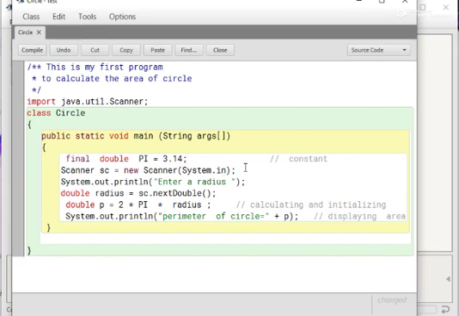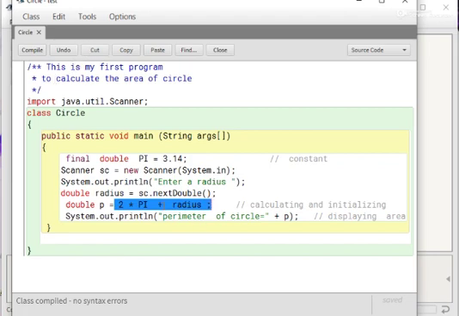For a logical error, we know that the formula is 2 pi r, so we have written 2 into pi into radius. But by mistake, if you write 2 into pi plus radius, then during compilation there is no error, because this is a logical error, and a logical error cannot be checked by your compiler.